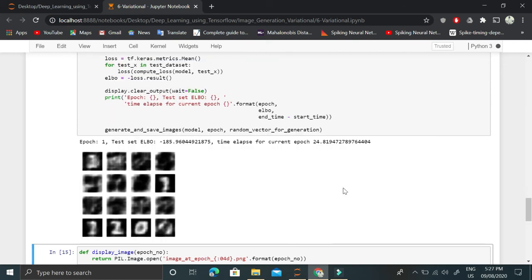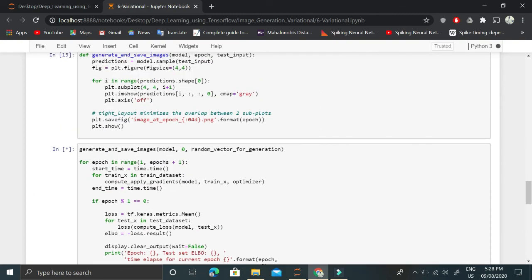Okay, so this is epoch 1, and in the second epoch it will get better. There is still a lot of randomness, and these images do not make sense yet. However, we could see this 2 and this 0 getting generated. It will improve again in the next epoch. Now it has improved a bit, and over a few epochs it will improve much better. Okay, so this is how it is done.